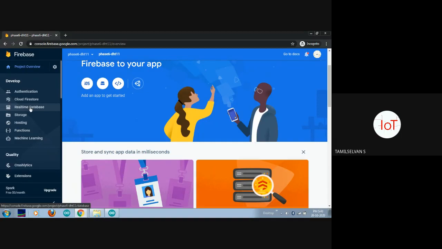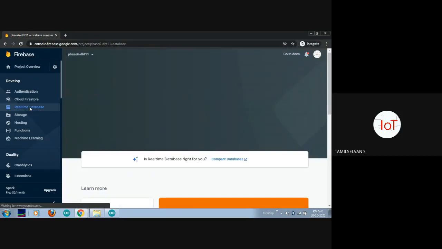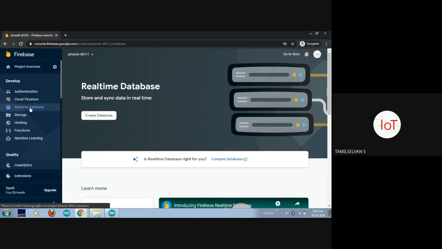Okay, so you have to click on this real-time database. This will be available for both the free as well as the paid version. Okay, if you are creating one database per project, it will be free. If you are adding more databases per project, then it would be chargeable. Okay, and they'll be asking for your credit card or debit card details. So in that situation, please skip that particular step. Okay, my suggestion, you don't provide any card details for creating this database. You have to create it with a free account only.